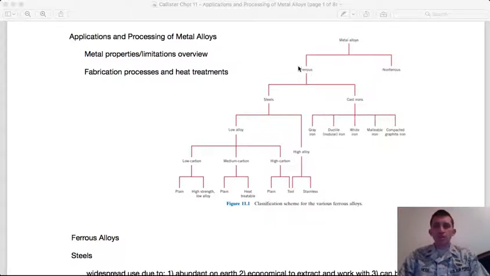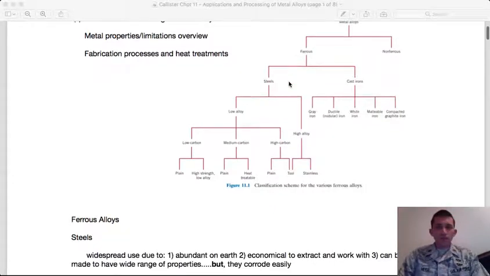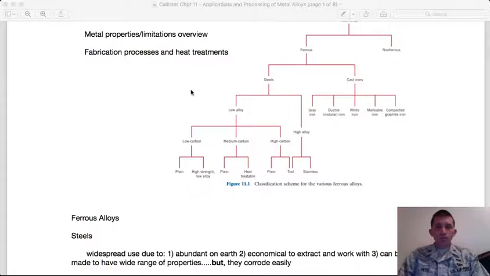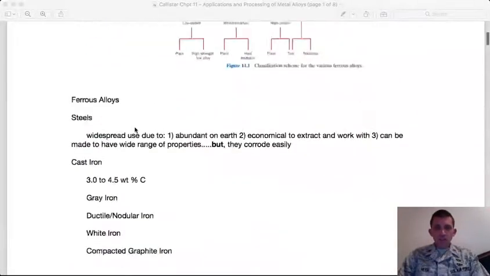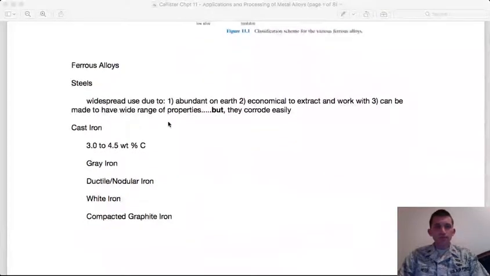And you think, well, why does one element get its whole dominant category of metals? That's basically due to the abundance of iron on Earth. It's abundant, and so it is